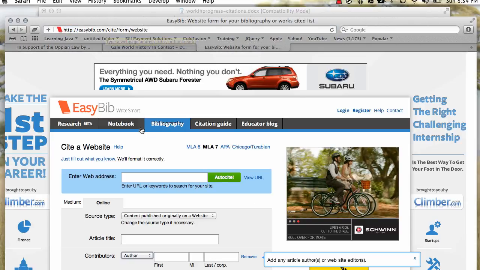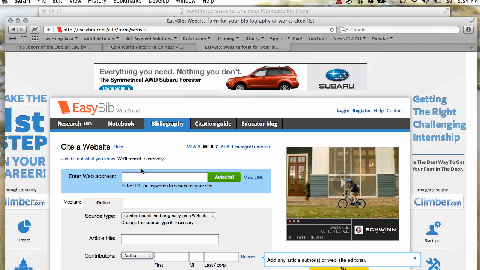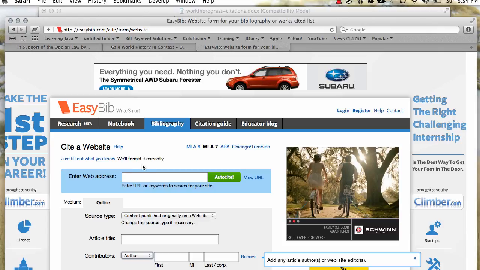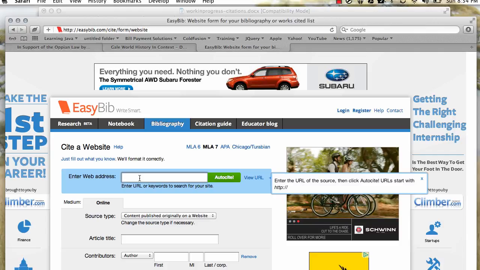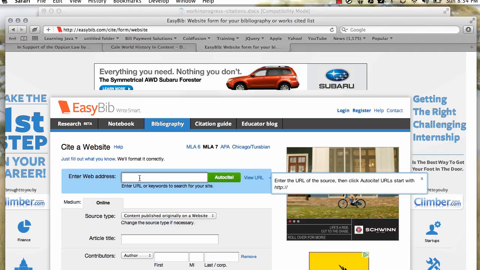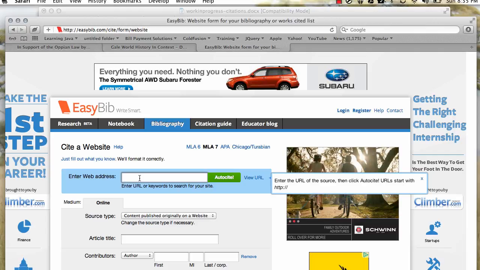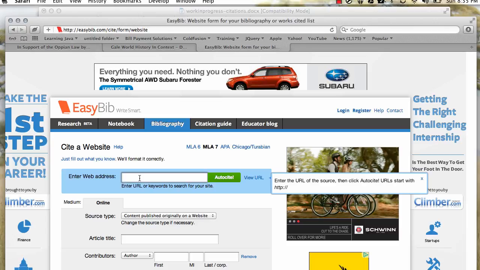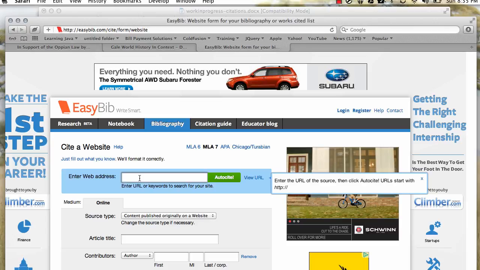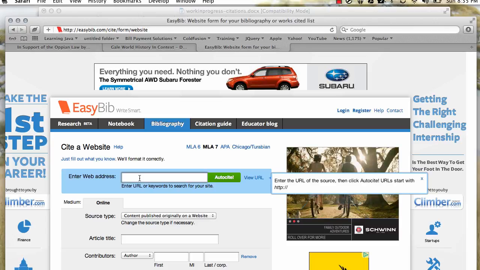www.easybib.com. This is a fantastic resource online. All you would need to do is enter information, and if you're lucky, if you're working with credible websites, .org websites, .edu websites, in most cases this will populate the citation for you. If not, you might have to figure out how to populate different fields, but it's pretty self-explanatory. So we'll paste our URL,